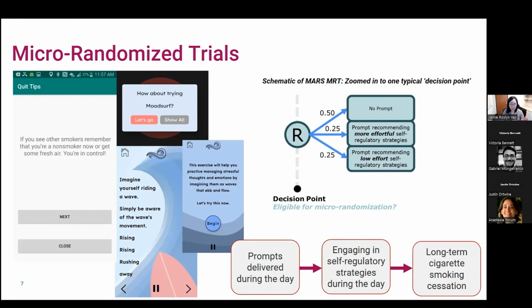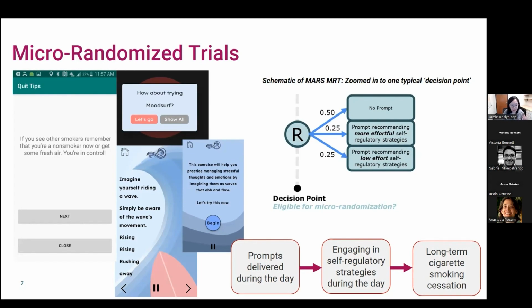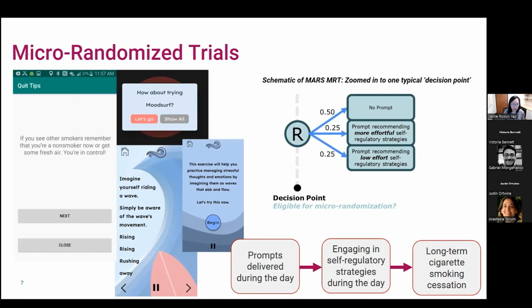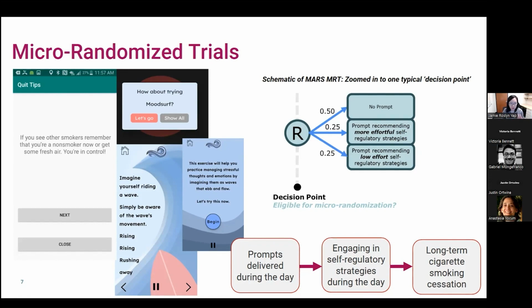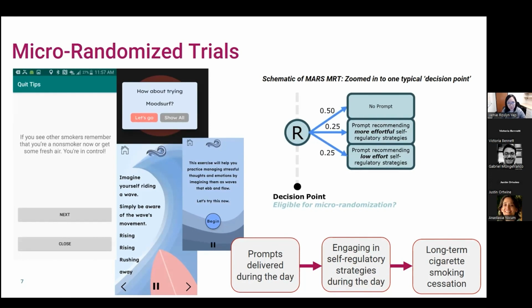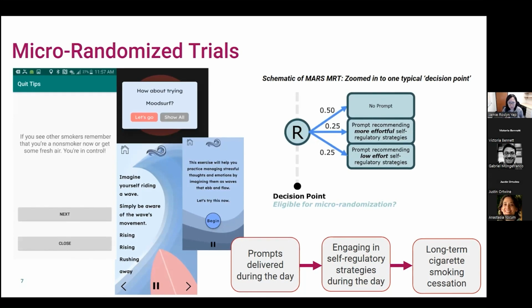It would look like the quick tips that you see. Here, the message is: if you see other smokers, remember that you're a non-smoker now, or get some fresh air. You're in control. So that's an example of a prompt recommending a low effort self-regulatory strategy. Notice that it's quite brief. It doesn't require a lot of time or effort from the participant